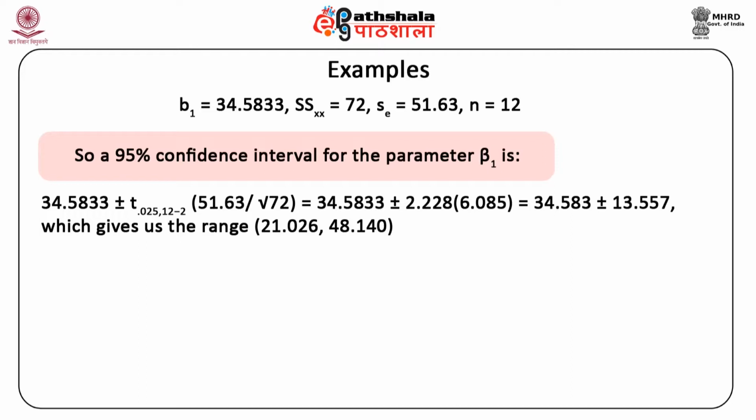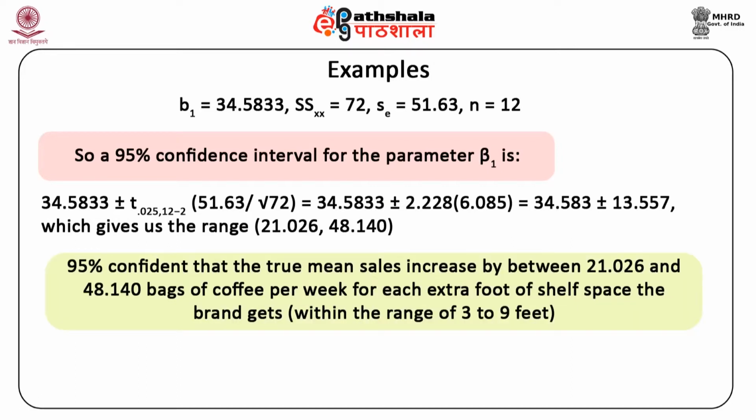On simplification, this is equal to 34.5833 plus minus 2.228 into 6.085. And again, on simplification, we get this equal to 34.583 plus minus 13.557, which gives us the range of 21.026 and 48.140. We are 95% confident that the true mean sales increased by between